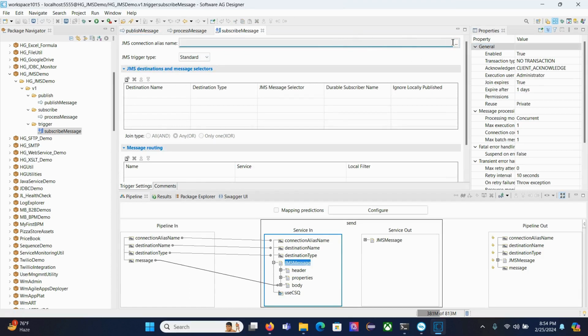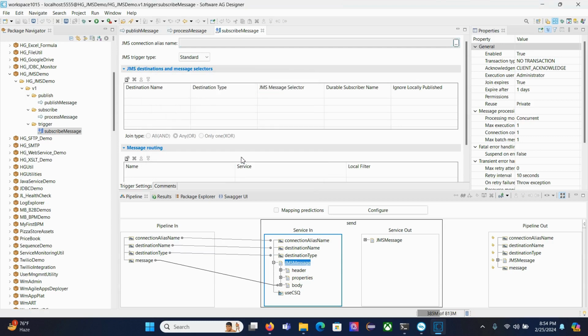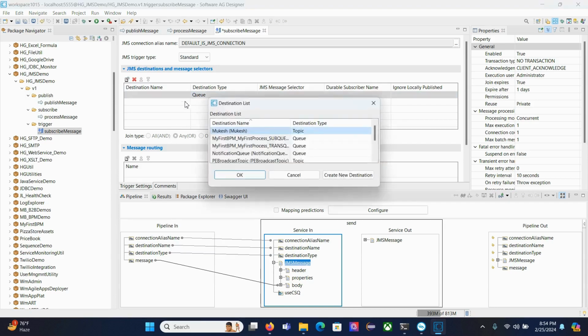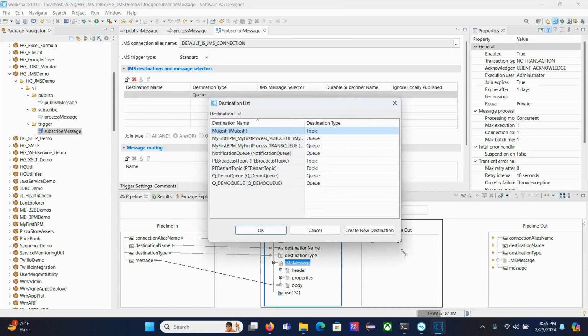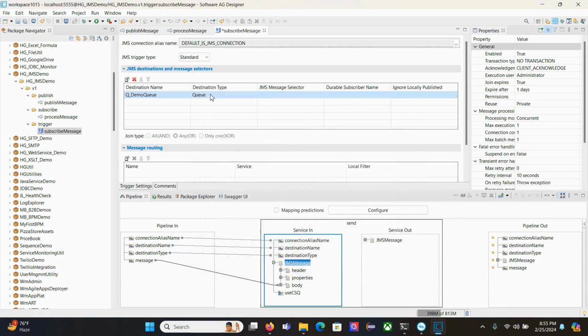Okay, here you need to select the alias name. Just click on this particular button. You will see all connection aliases available here. You just select it. Okay, and then the destination name. So just click here, and it will allow you to keep the destination name. You can type it, or you can click on the button, which will list the available destination details from UM, and then select it. Okay, just select the queue that we have created. Click OK, and